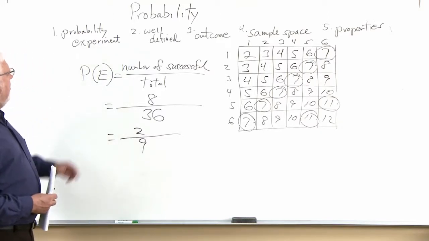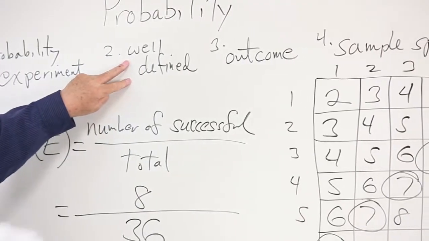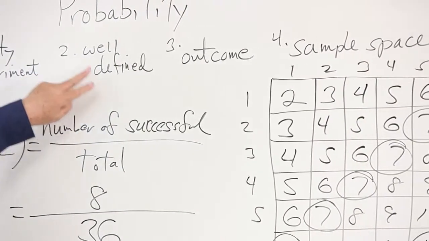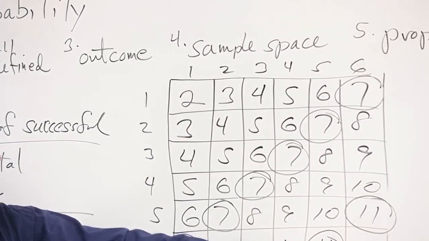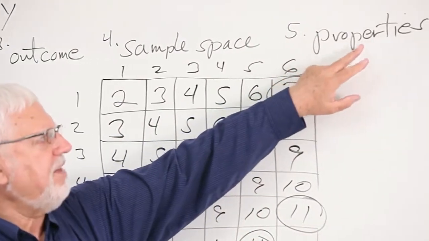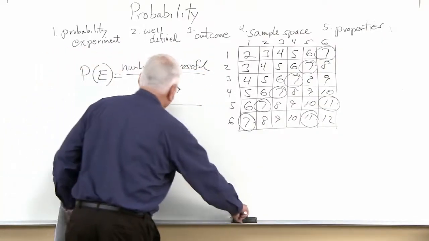So let's kind of look at what we got. We had a probability experiment. We had well-defined outcomes. There they are in our table. Those well-defined outcomes, this is our sample space. Now let's use this example for these properties. Now the properties are